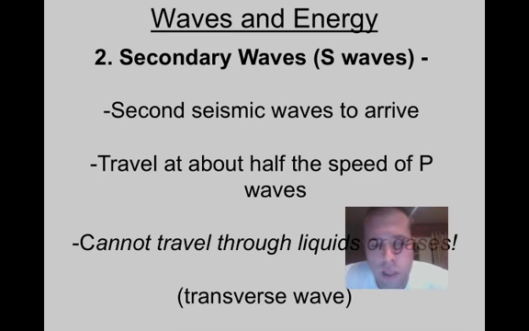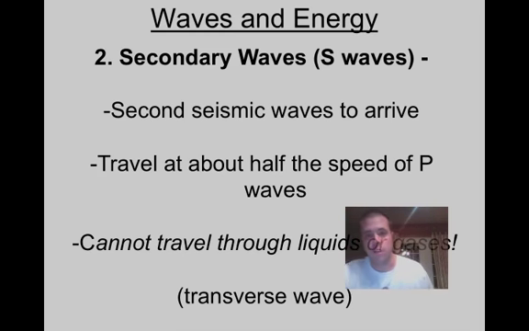Secondary waves are the second to arrive, traveling at about half the speed of the P wave. But here's the catch: secondary waves cannot travel through liquids. They can't travel through liquids. They're transverse waves. These are the ones that we think of as snaking up and down or side to side